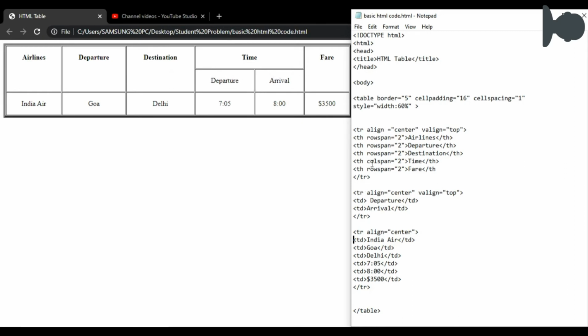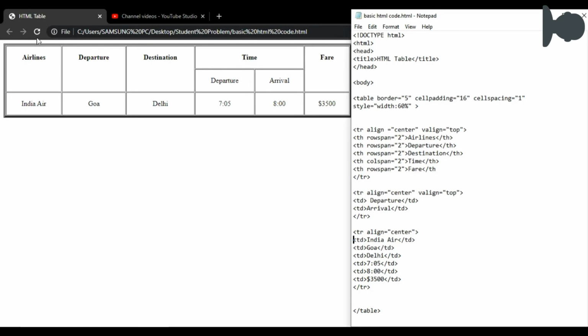So we have used colspan, as we have separated this time box into 2 particular boxes named departure and arrival. So tr is equal to align center, departure, arrival. This data will go to the time box. So here is departure, arrival. The data has been placed here.